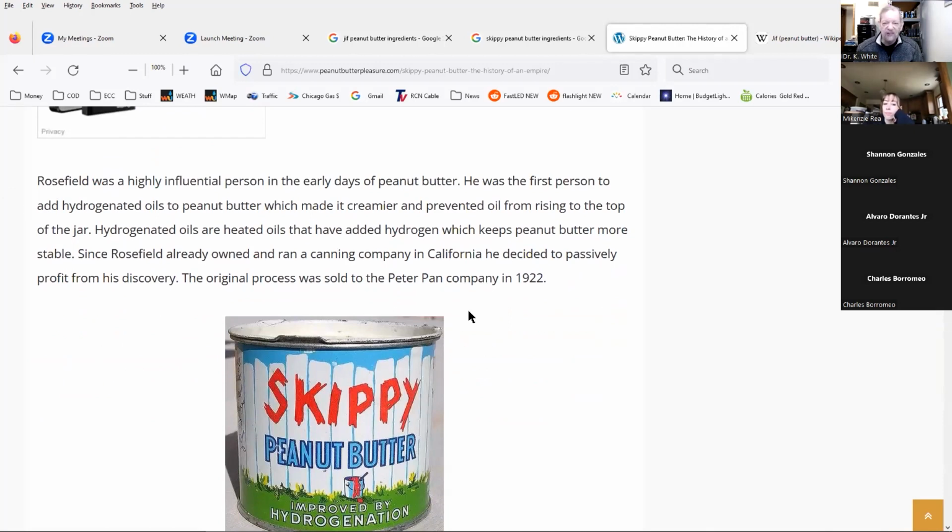Now, the story gets more interesting because for many, many decades, Skippy was the leading peanut butter. And it's a huge industry. I didn't realize how huge, but huge. A lot, I don't know how many hundreds of millions of dollars. Well, in 1958,